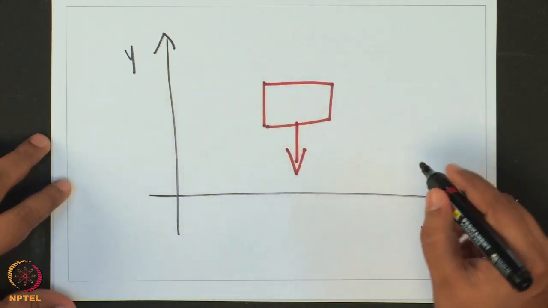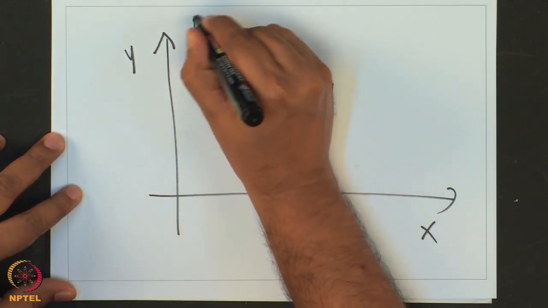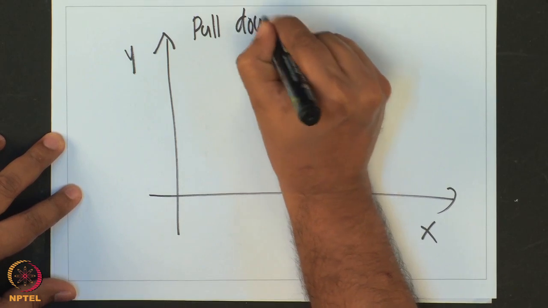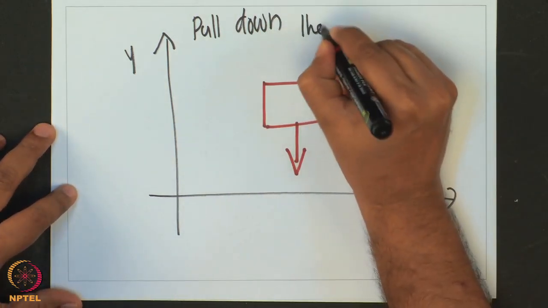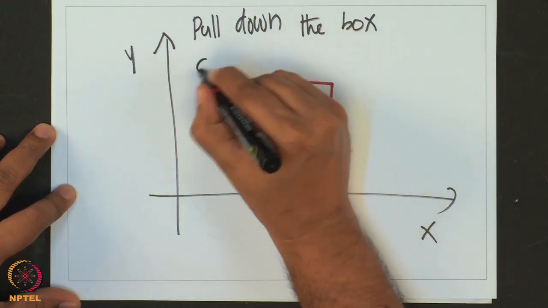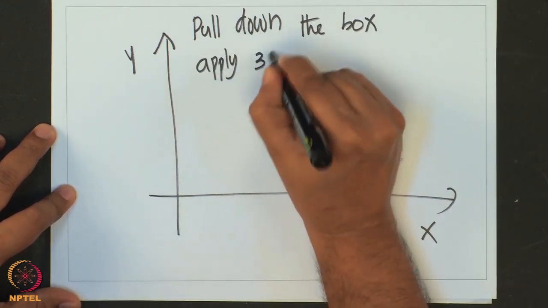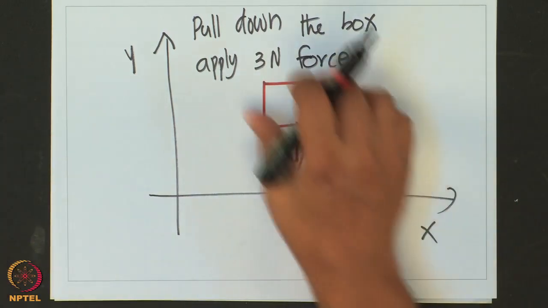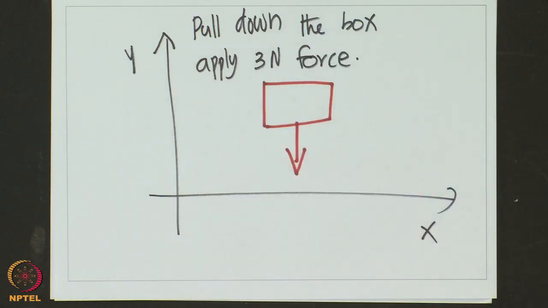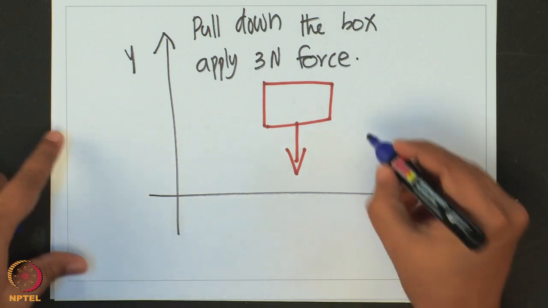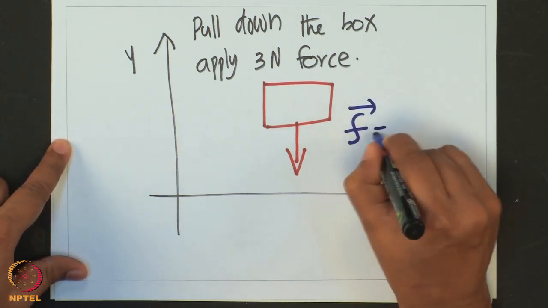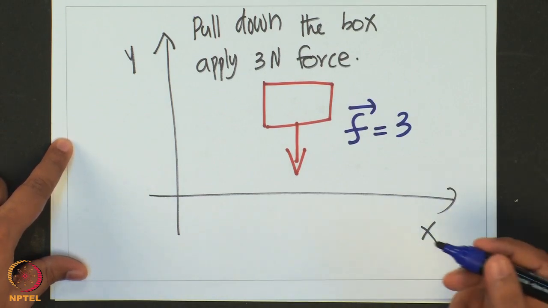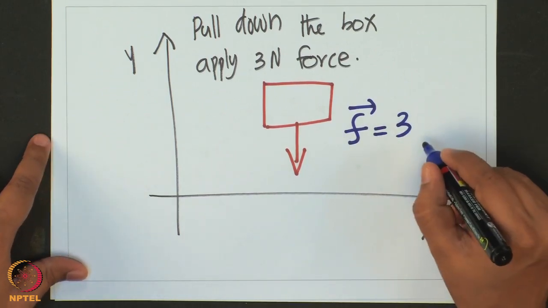So if we want to say pull down the box applying 3 Newton force, this is the instruction we wanted to convey to somebody. Pull down this box, bring it down, by applying 3 Newton force. So the way to say this is that the force has to have a magnitude of 3 Newton, or whatever be the unit. One has to appropriately put the unit here, 3 Newton,